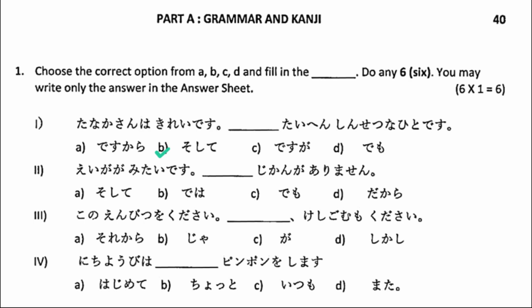そして大変親切な人です。The second sentence is 映画が見たいです。Dash 時間がありません。The options are そして、では、でも、だから。The correct option here will be でも which means but and the sentence will become 映画が見たいです。でも時間がありません。The third sentence is この鉛筆をください。Dash 消しゴムもください。The options are それから、じゃあ、が、しかし。The correct option here will be それから